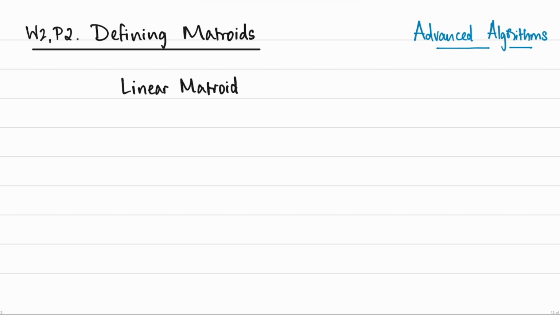You may have been reminded of the word matrix when you heard of the word matroid, and that's actually an interesting coincidence, because a lot of the matroid terminology is borrowed from linear algebra terminology, and a linear matroid in fact is very intimately related to matrices. So suppose A is an n by m matrix. Now our universe is again going to be just 1 to n,